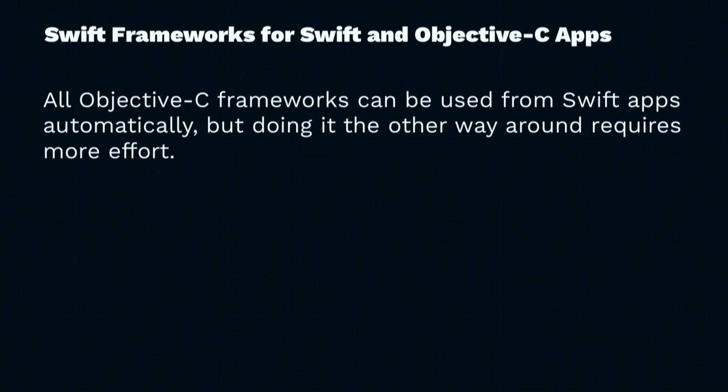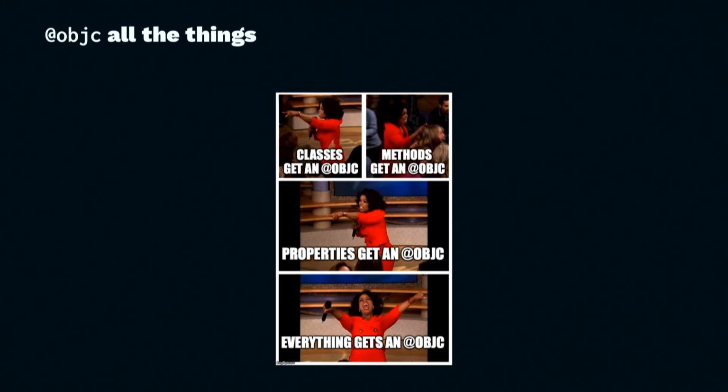You might add nullability annotations or some generics to make the API a bit cleaner, but overall, it's pretty straightforward. Doing it the other way around requires some explicit thinking about how you want to expose the API to Objective-C. I'm going to talk about what I found there, and I think the lesson is pretty simple. You just put the @objc annotation on pretty much everything. You can't just put it on one thing; you have to put it on all your methods, your properties, and pretty much every piece of the API that you're exposing to the public,